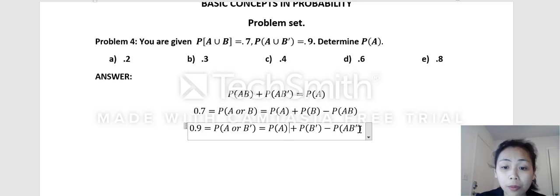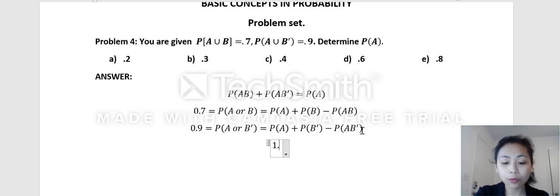Probability AB and probability AB prime should be probability A. So if you add side by side these two equations, you will have one single equation of only probability A, and you will be able to find probability A. So if you add side by side, you have 1.6 is 2 probability A plus probability B plus probability B prime